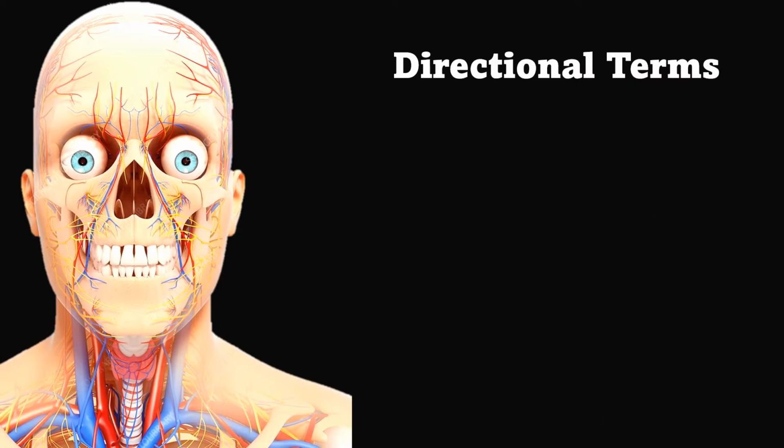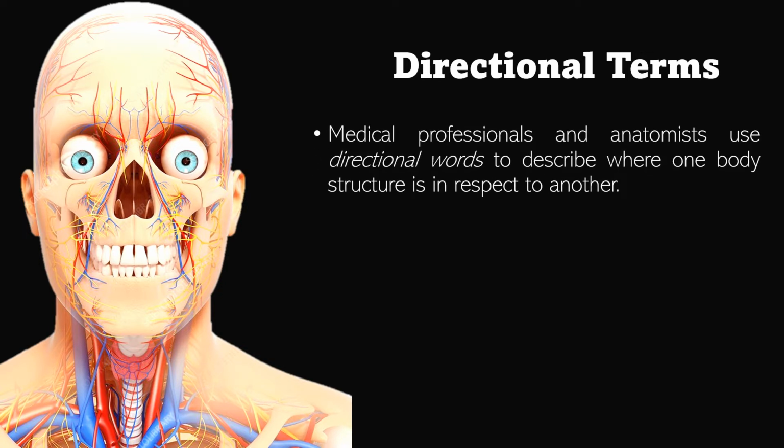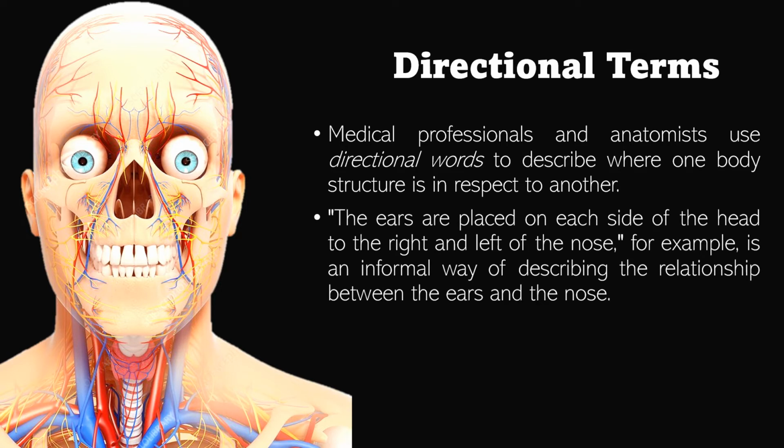Next are directional terms. Medical professionals and anatomists use directional terms to describe where one body structure is in respect to another. For example, if we say the ears are placed on each side of the head, to the right and to the left of the nose,